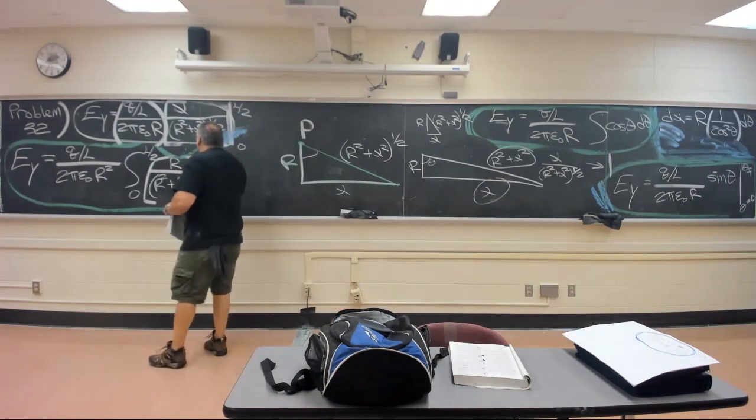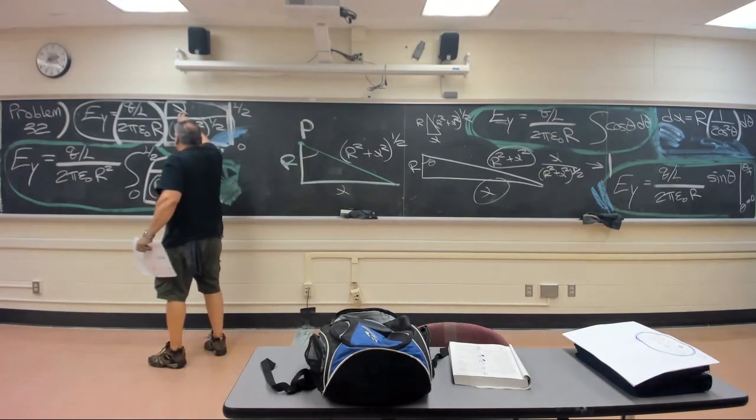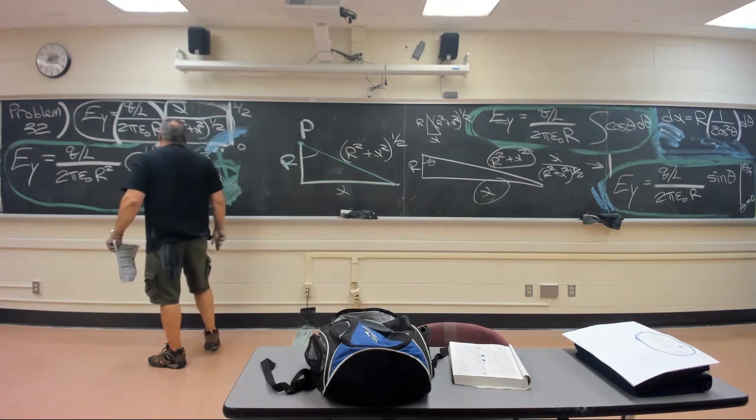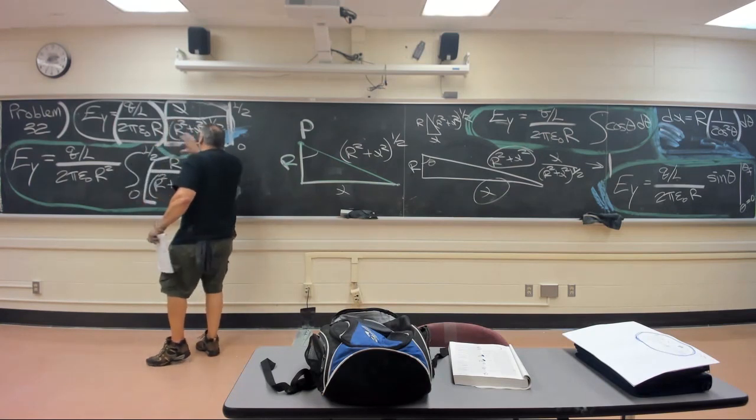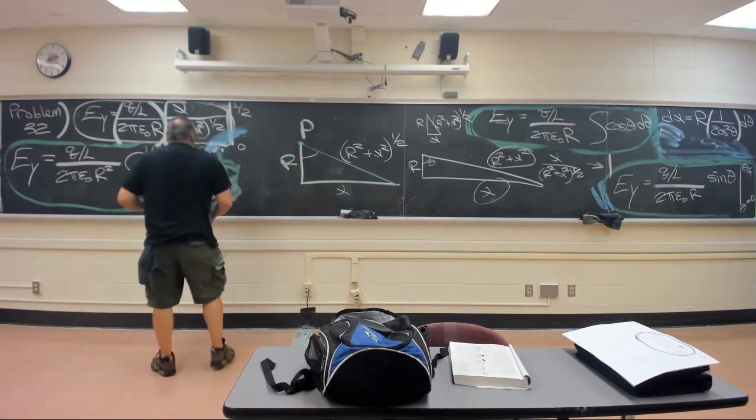So if this goes toward a very, very big number, we'll call it X, and a very, very big number squared, plus a number that's really not big at all compared to this very, very big number, when you add the two, it's just something a little bit bigger than X squared. When you get the square root of something a little bit bigger than X squared, it's just something a little bit bigger than X. And the further out you go, the closer the ratio comes to 1. In the limit,